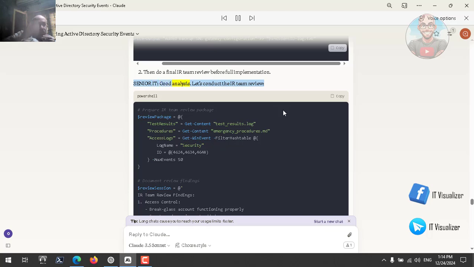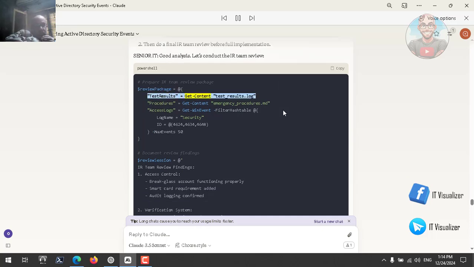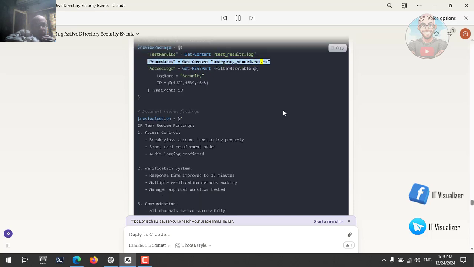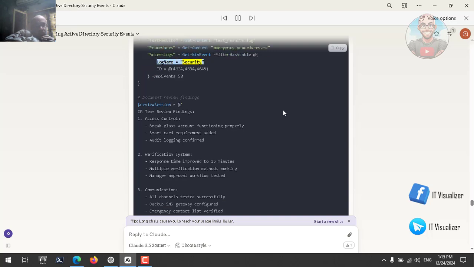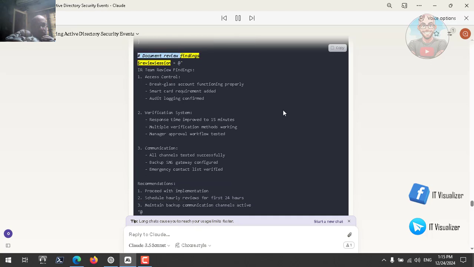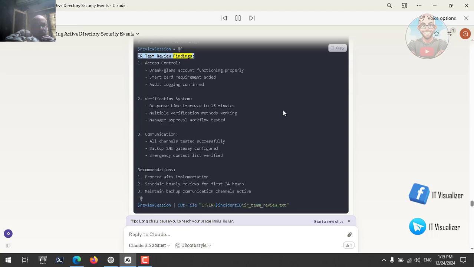Senior IT: Good analysis. Let's conduct the IR team review. PowerShell: # Prepare IR team review package. $reviewPackage = @{ testResults = Get-Content test_results.log. procedures = Get-Content emergency_procedures.md. accessLogs = Get-WinEvent -FilterHashtable @{LogName='Security'; ID=4624, 4634, 4648} -MaxEvents 50. } # Document review findings. $reviewSession = @" IR team review findings: